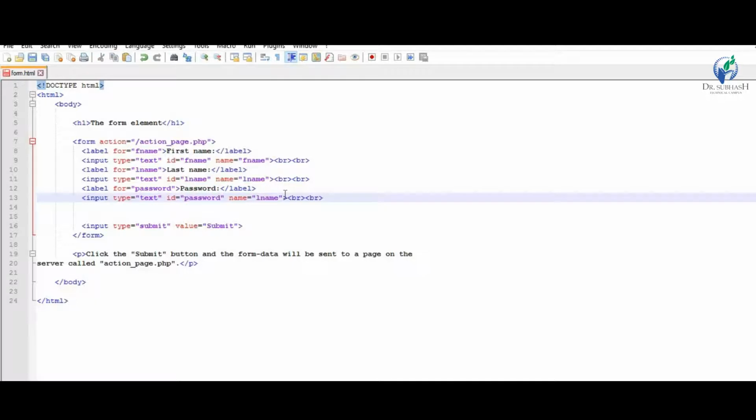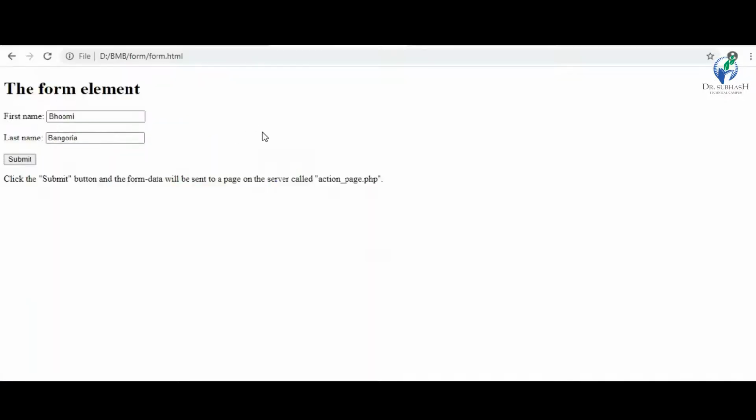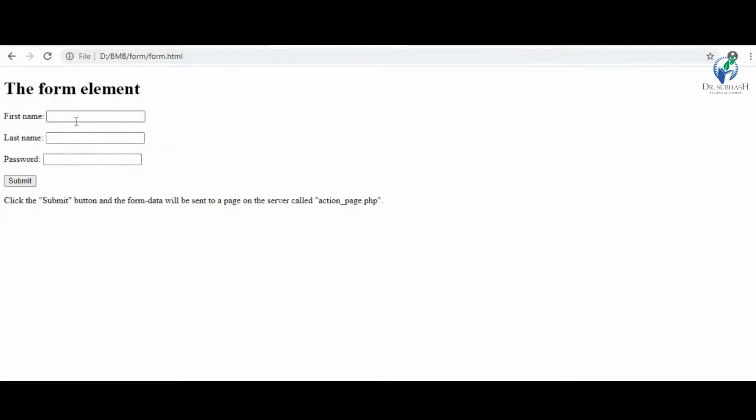Give the id and name password. It is not compulsory to give the same name for id and name. Here I write input type equal to text, then let's see what happens. Just save this file and execute it.